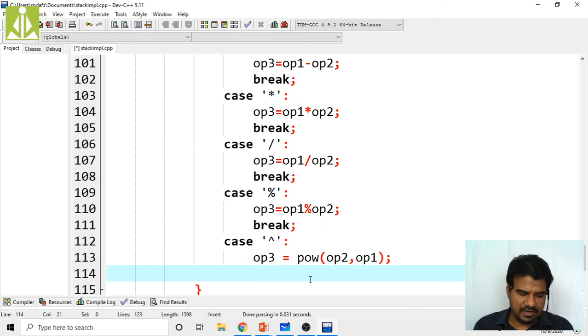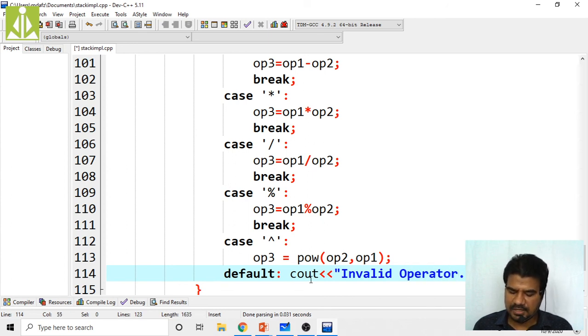Next is our default, that is, if you are passing anything apart from these, what we have to do? C out of invalid operator. We have to print this statement.